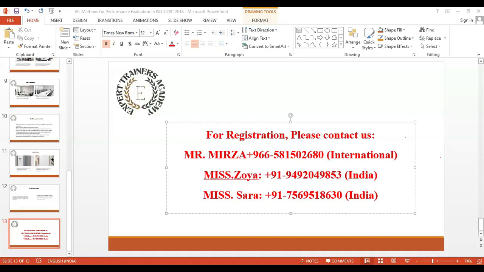Should we need to register in IRCA? That's absolutely your choice. But if you register there, you need to create a solid profile. The organization looking for an auditor, like for a third-party audit, will want you to have experience. You need to go and do audits in different places, or do internal audits in your organization. That way you can create a solid profile and put it over there, so that when another organization is looking for an auditor, they can see your profile highlighted.